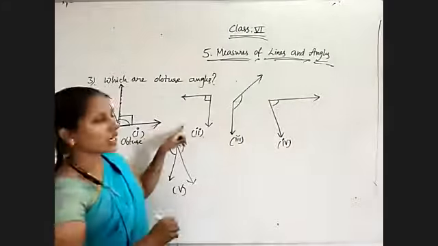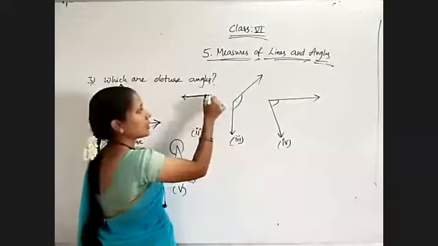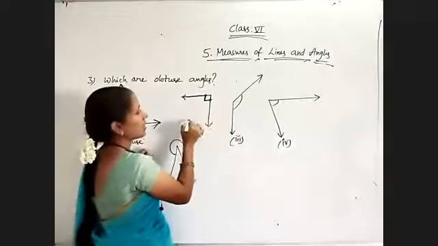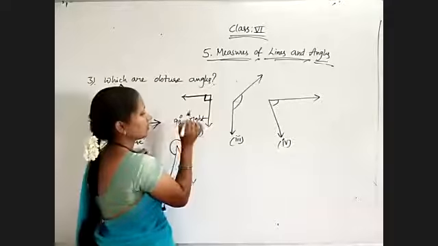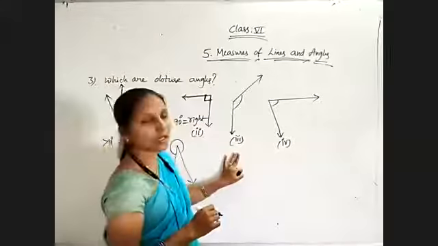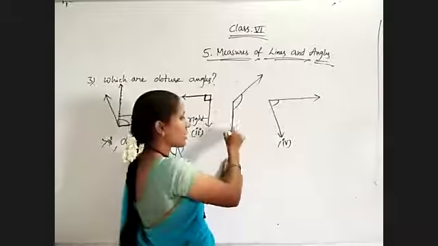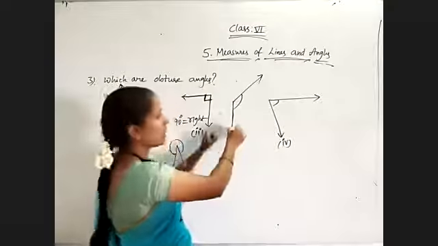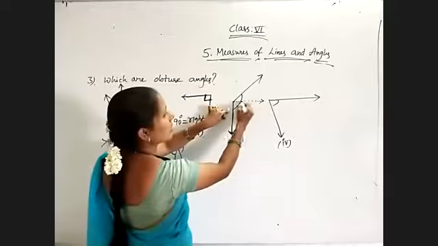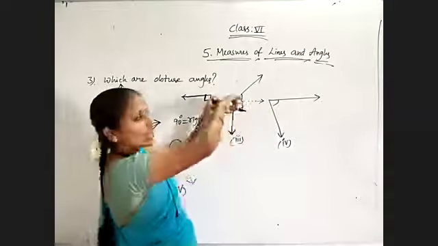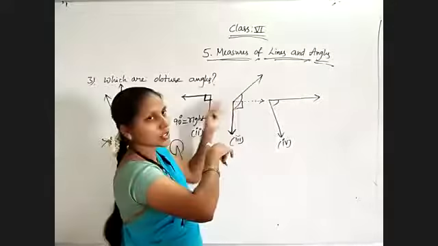Okay. Coming to the second question. See, they indicated that it is in L shape, so it is a right angle, 90 degrees. Okay, coming to the third question, select any one of the baselines. I am taking this one as my baseline. For this I am constructing 90 degrees. So the other arm is more than 90. That's why it is an obtuse angle again.